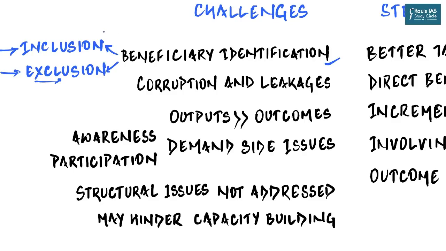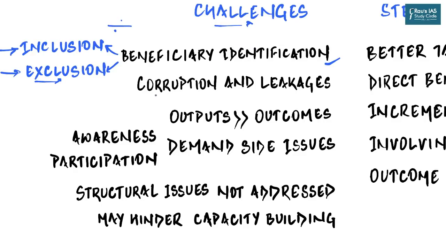For example, if a person is today below the poverty line, located here, they might be able to cross the poverty line in some time and should not ideally be getting the benefits of free food. The aim of social protection is to ensure that a person comes out of below poverty line at some point of time. But the absence of continuous evaluation of schemes and their beneficiaries results in providing benefits to unintended beneficiaries,